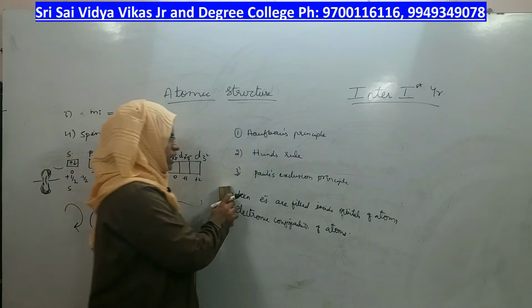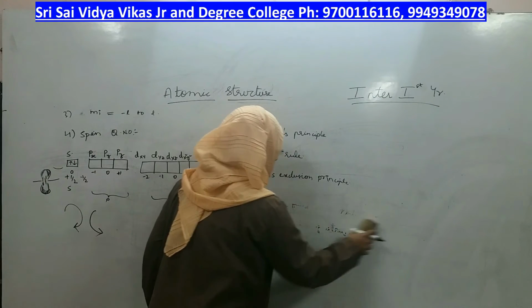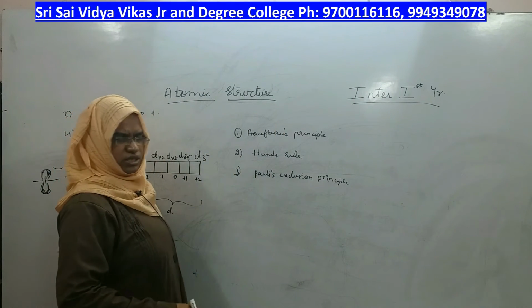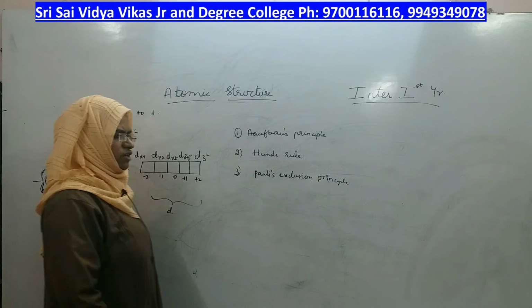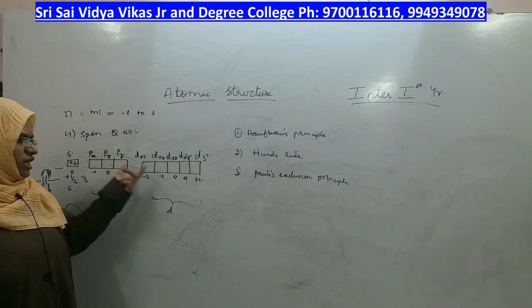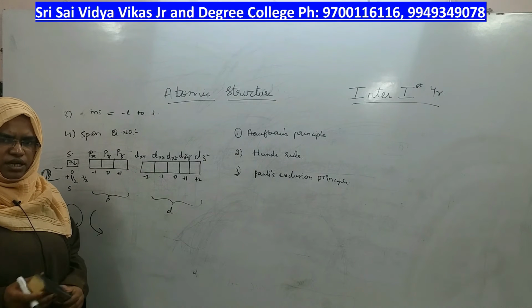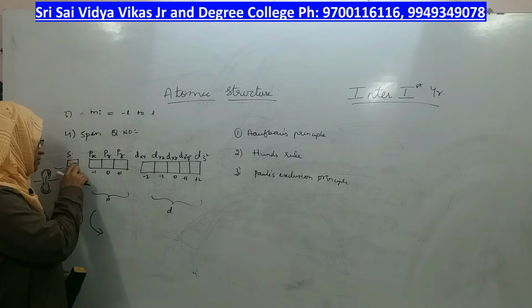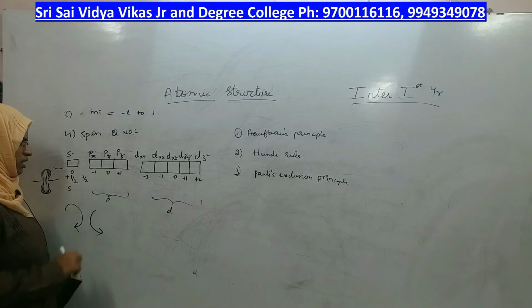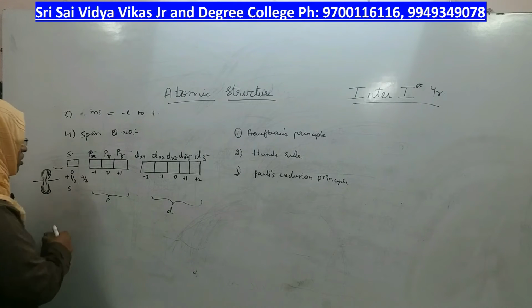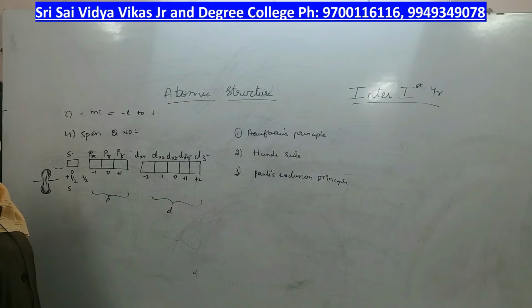Now, let us look at the above said rules in filling of electrons or in giving electronic configuration, right? And this box model which we have taken helps us to fill the electrons inside the box. Each box is 1 orbital. You can write the orbitals by using electronic configuration or also by filling in the boxes, right?